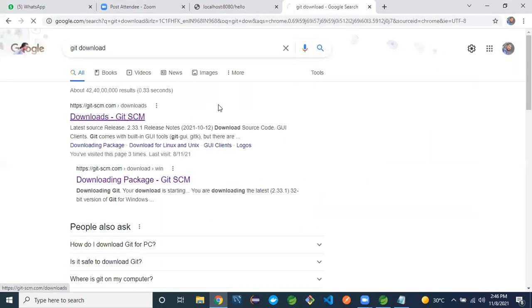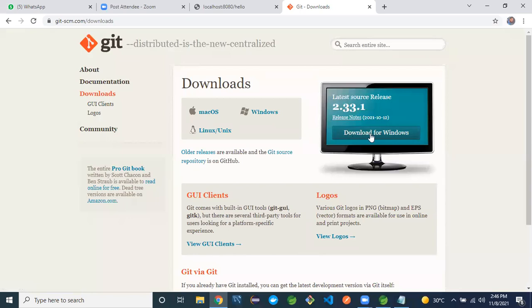Git download, on Windows the latest version 2.33, please everyone download it. In my local system I have already downloaded it. Please download, and installation is done. Click next by default. After finish, it's simple.